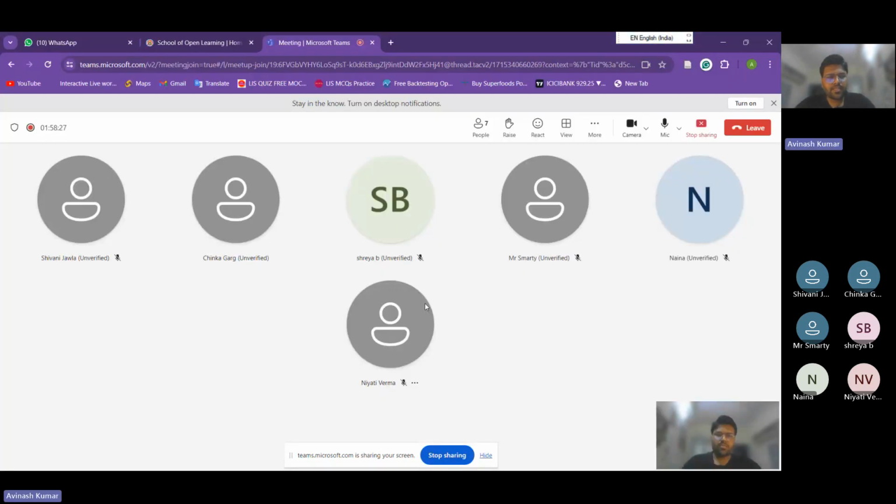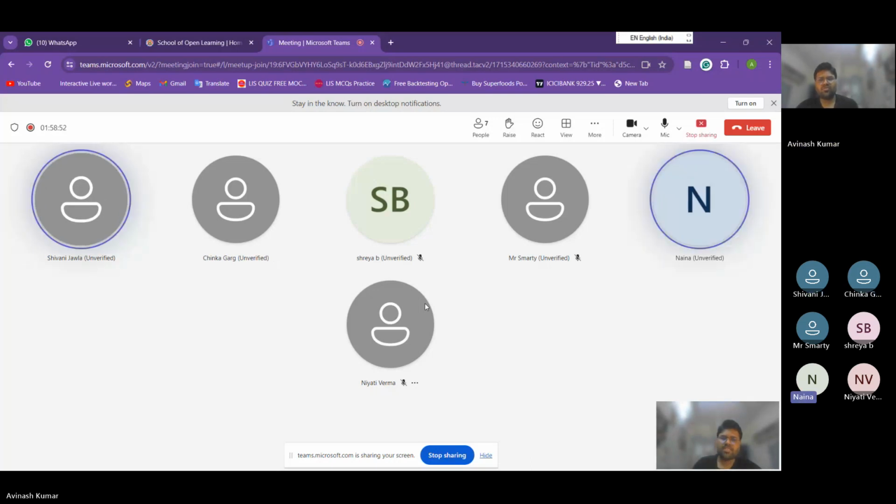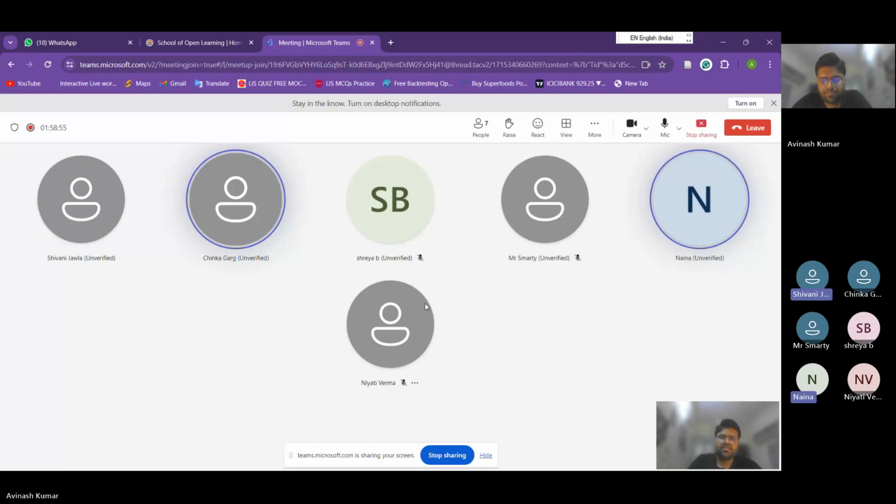और किसी को कुछ प्रॉब्लम है? शिवानी, श्रेया, स्मार्टी, नैना, नियाती। ये इंटरेक्शन लास्ट है, आज का क्लास लास्ट है, इसके बाद आप लोग का एग्जाम स्टार्ट हो जाएगा, ठीक है। एग्जाम कब से है? 24 से स्टार्ट है ना? यस सर। हाँ, तो आप लोग ये सब जिस तरीके से मैंने आपको बताया है,